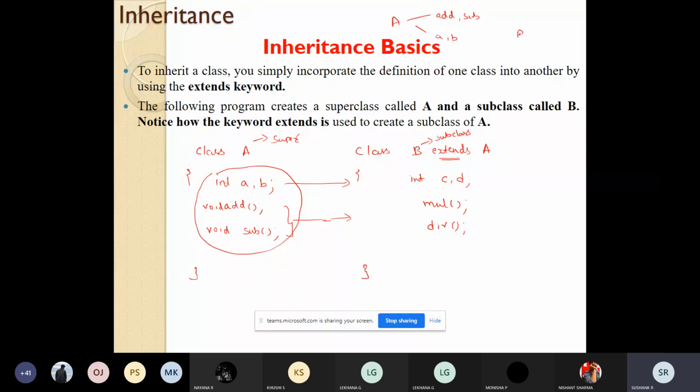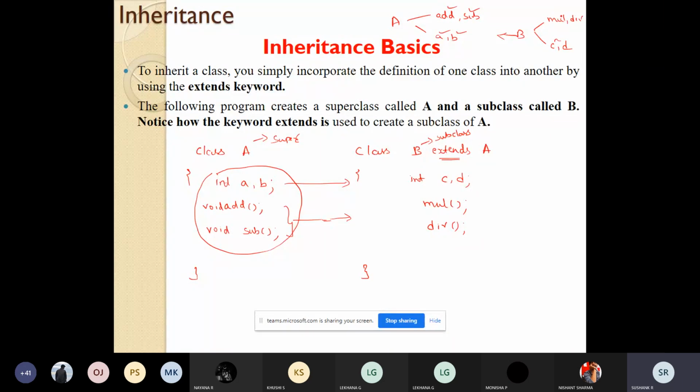Class B has functions multiplication and division, and variables c and d. A class B object can access the add function, subtract function, variable a, and variable b. In addition, class B has its own functions and variables on which it can operate.